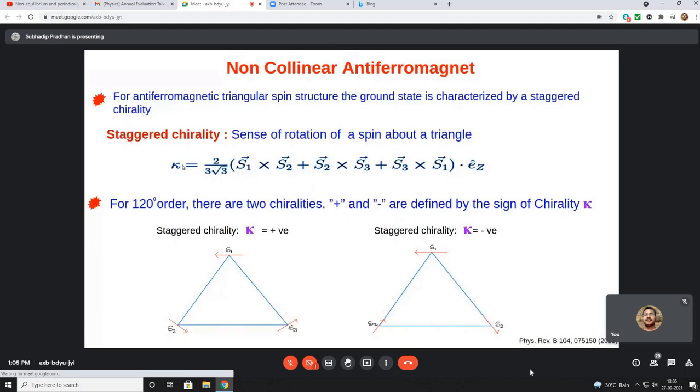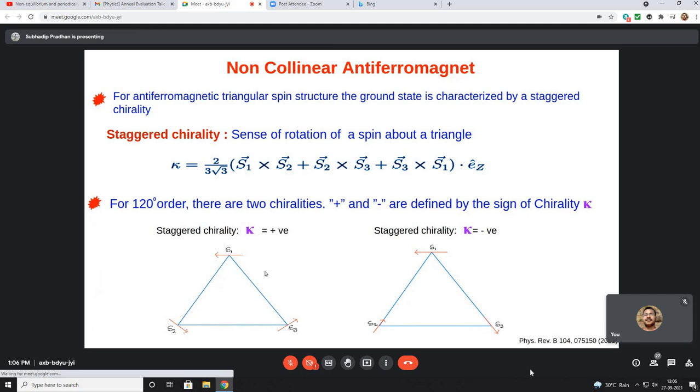the chirality kappa. So let's say I have this structure, with spins S1, S2, S3. If you go from S1 to S2, S1 cross S2 is the vector chirality, but for the staggered chirality, if S1 cross S2 gives you a plus sign, S2 cross S3 gives you a plus sign, and S3 cross S1 gives you a plus sign, then we get an overall plus sign. So you can say that the staggered chirality for this structure is positive. For this other structure, when you go from S1 to S2, S1 cross S2 will be negative, and the total will come out negative.